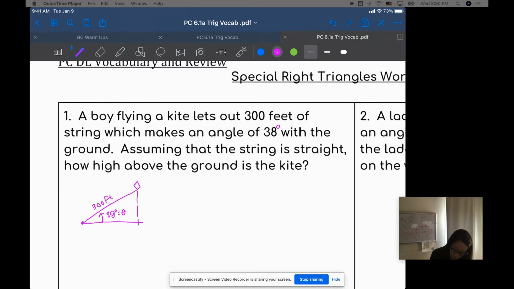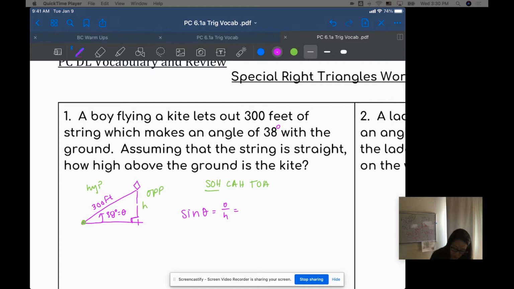Okay, so since I have a right triangle and I want to find out the height, then I'm using the opposite side of my angle and the hypotenuse of my angle. So I'm going to use, according to SOHCAHTOA or trig ratios, the opposite and the hypotenuse. So this is a sine ratio. So I'm going to end up using the sine of theta is equal to the opposite side over the hypotenuse,